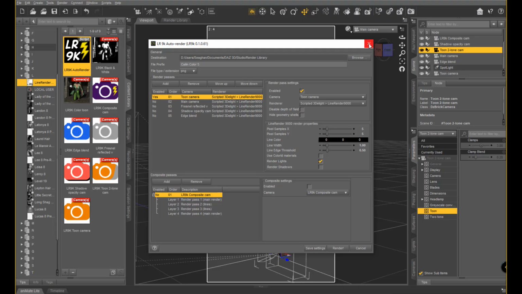So how would I just add another camera and call it another edge blend and change the parameters within LR9K or within the parameters tab? Well, it's two different things. Most of the cameras don't have a lot of settings that we really want to play with, although we do get a lot of